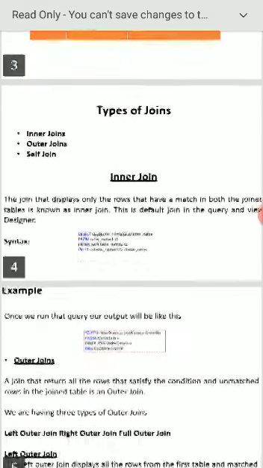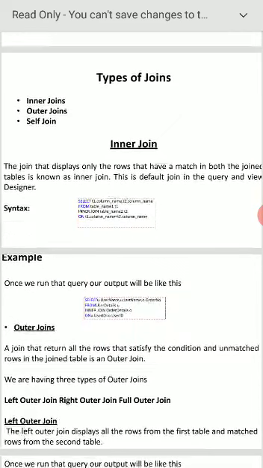Now let us see types of joins. There are different types: inner join, outer joins, self join. First let us see inner join. This join displays only the rows that have a match in both the joined tables.